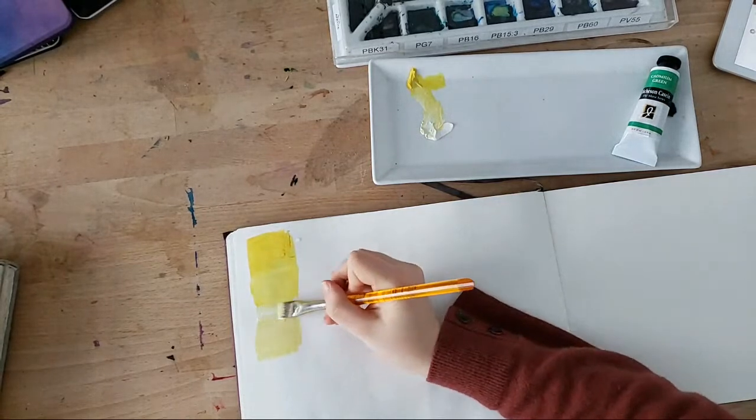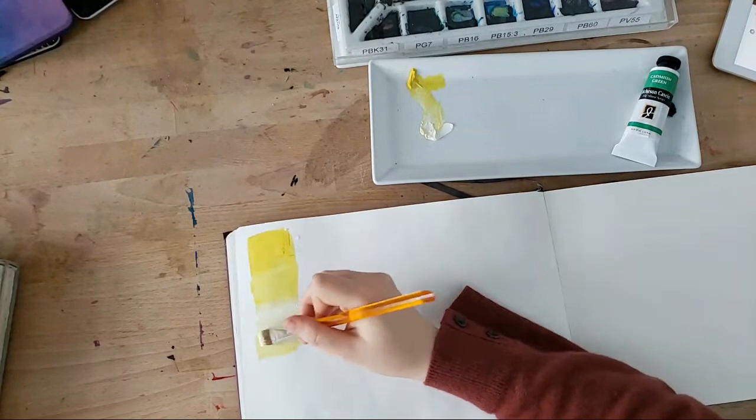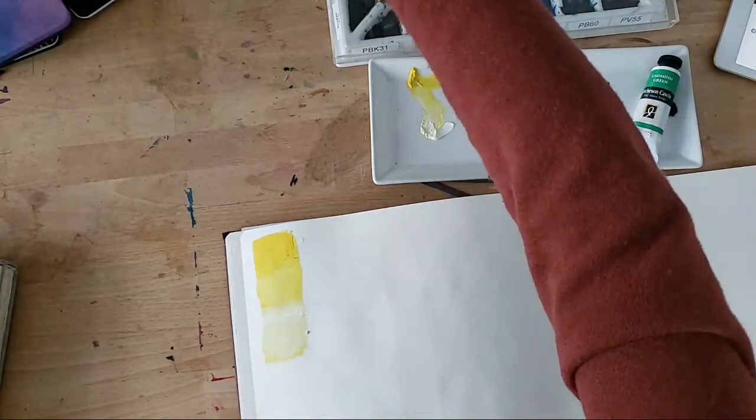Mix more white. And then if I mix more water into that,